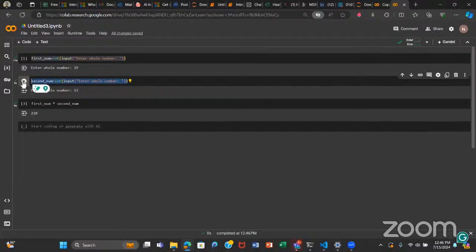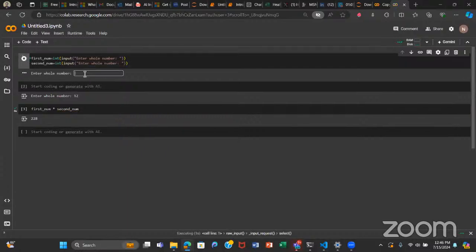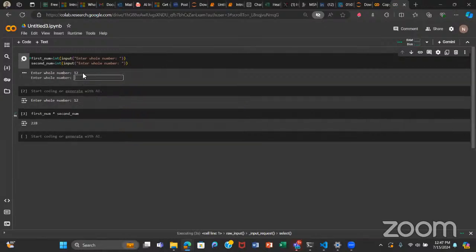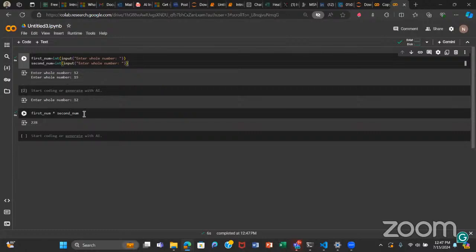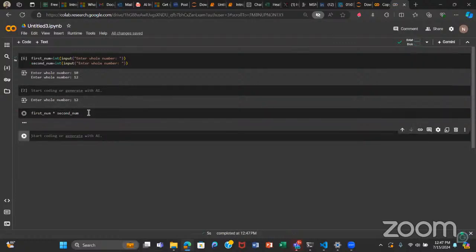Let me see if you type them in the same cell, something weird happens. Even if you type them in the same cell, it still asks you for both of them, one after the other. So if you can go into more detail about the error you're facing, that would be nice. But it's working now on Jupyter notebooks. In Colab, there shouldn't be an issue.